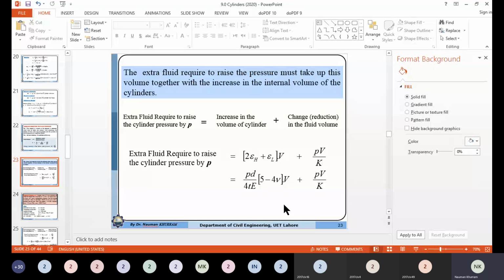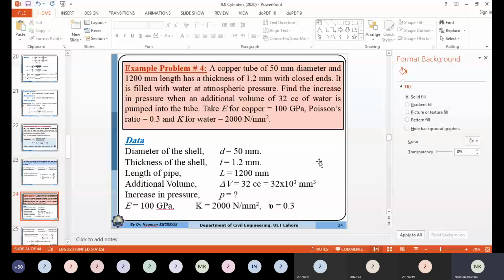Further, when you are injecting the fluid at a certain pressure, the volume of the fluid is further reducing. It means that the actual fluid you are injecting is not 100 units, you are injecting 90. So there will be some more space available, and the total pressure will not be 10, it may be 8. If you want to maintain the pressure of 10 megapascal, we need to inject some extra fluid. And how can we compute the extra fluid? We need to consider the increase in the cylinder dimension and the reduction in the fluid volume. So there is a sample problem here.